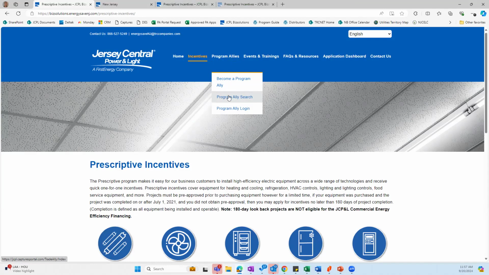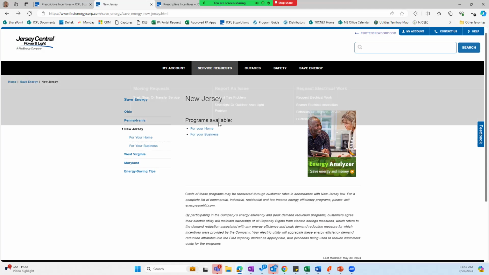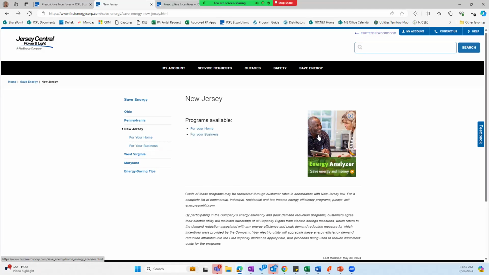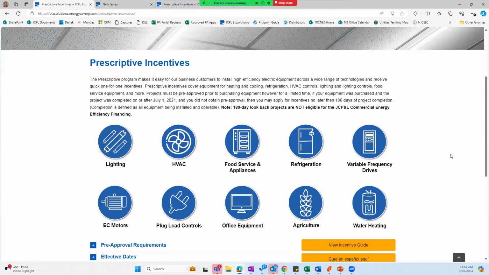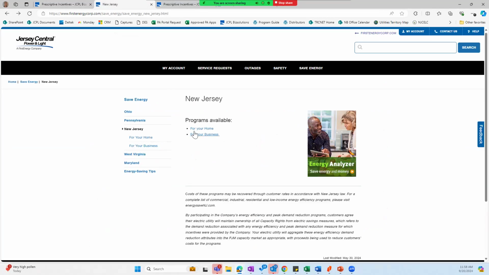On this website, it also has the EV chargers, where JCP&L would do the electric transformers and everything, and then we would have to put in the charging. Does that go into this prescriptive incentive, or is it a different one? That's a completely different program. I'm not sure if you were here for the beginning of the presentation, but this is the equipment that qualifies for a prescriptive incentive. Unfortunately, EV chargers are not listed here, so if it's not listed here, it would not go via our programs. But you can find more information, I'm sure, if you go here.